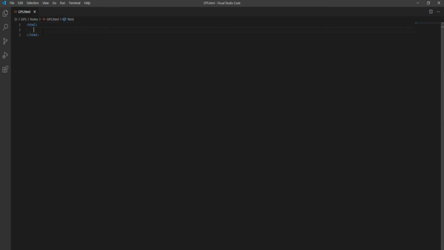So we will write two sections here, as we already discussed. The first tag will be for the head section and the second for the body section. All the tags related to the head we will write here, just like title, and we have to write the title of the website.